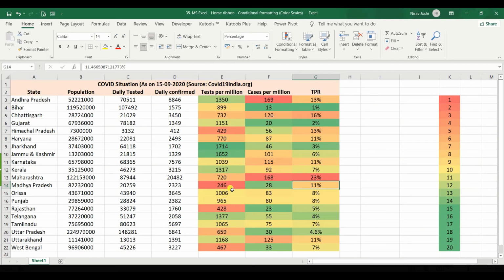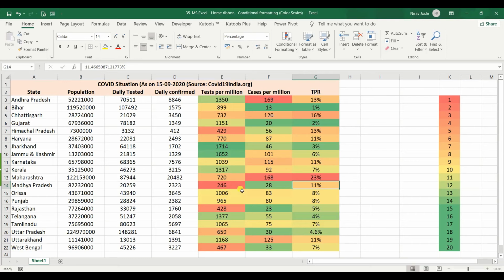Both number of tests per million and cases per million are important, but this color gradient will help us identify the place where we need to focus our efforts, right? So that is how we can use this conditional formatting in various ways.